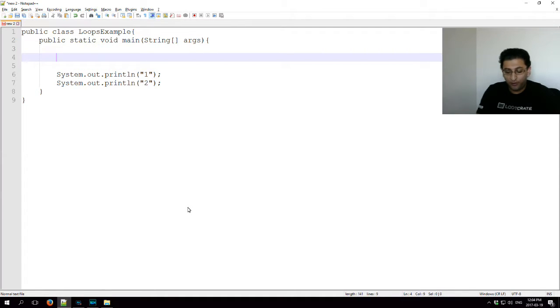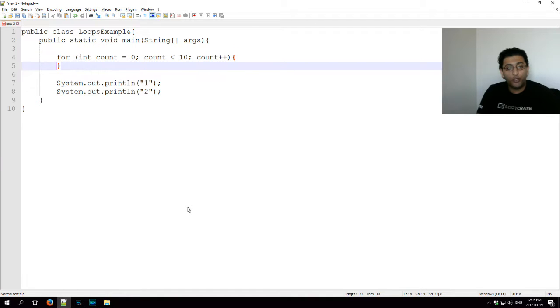So the way for loops work, you use the keyword for, you initialize some variable, so we use a numeric value, so integer, with a name, call it count, give it some kind of condition, so we want to say that as long as it's less than 10, so we want to run it 10 times, and give it an increment, so it goes up by 1. And what do we want to do within this loop? We want to print